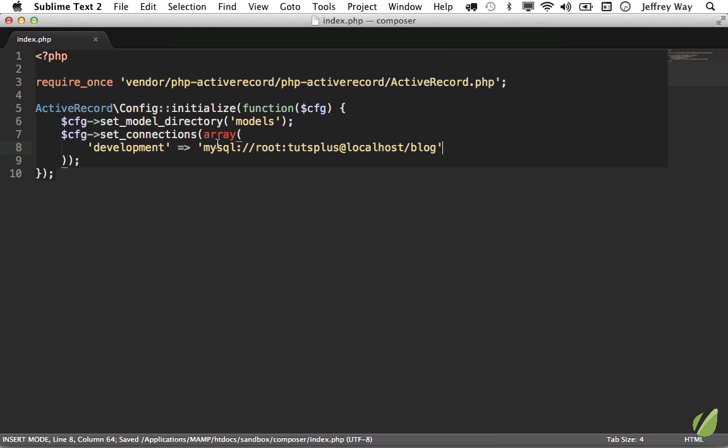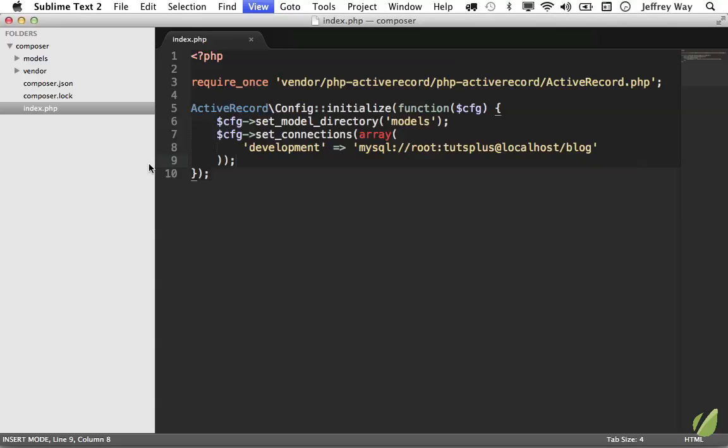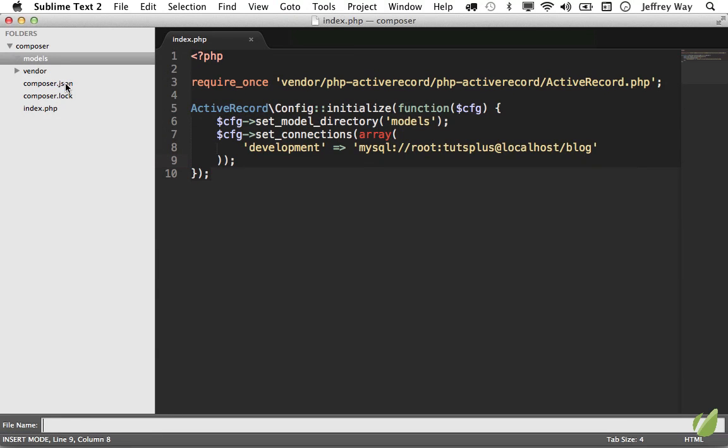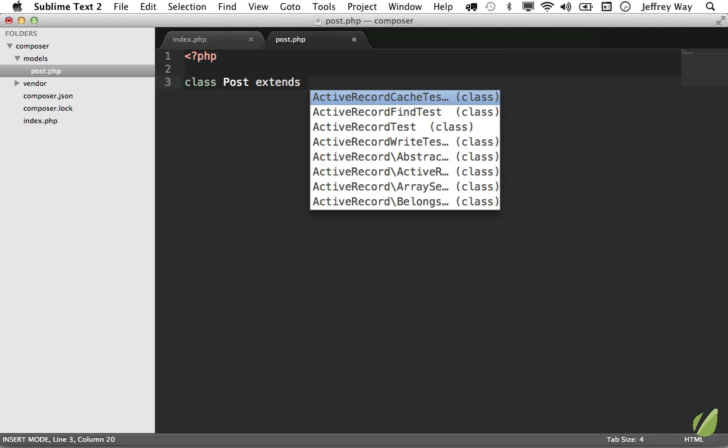Now we're going to set up our first model. And for now, if it's easier, you can think of the model as the representation of a table. So here we're going to create a model for posts. So let's do that right now. Bring back the sidebar, and I'm going to add a new file to models called post.php. Now within here, all we have to do is set up our class Post, and it's going to extend